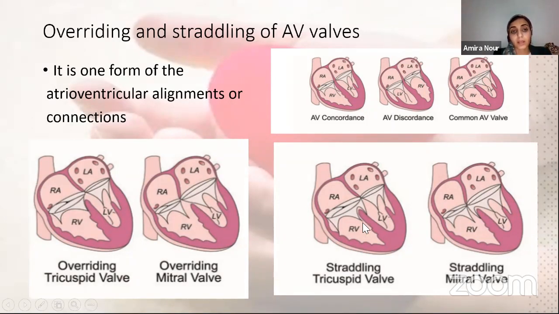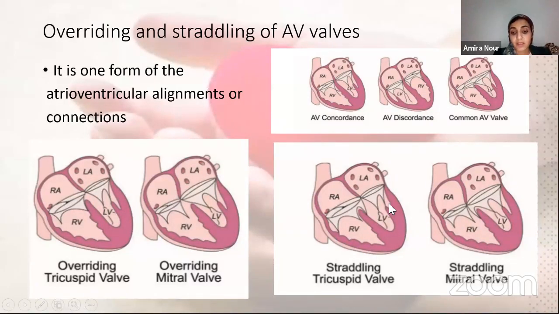Another issue we want to discuss here is the straddling of the AV valve. The straddling is related to the subvalvular apparatus, either the chordae or the papillary muscle, which is the attachment of the chordae or papillary muscle of the AV valve to the contralateral ventricle, either to the interventricular septum or to the free wall. Straddling also has a very important clinical implication. You should mention it in your echo if you have an inlet VSD,